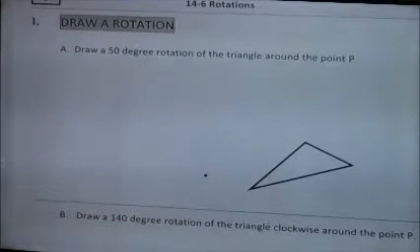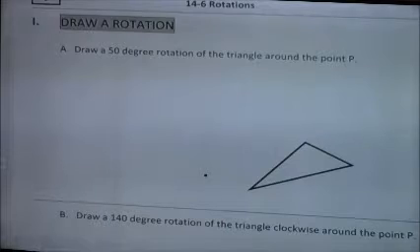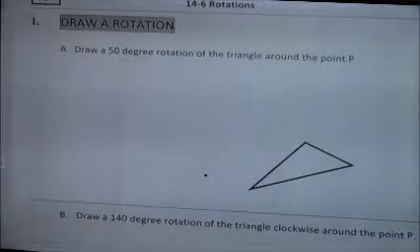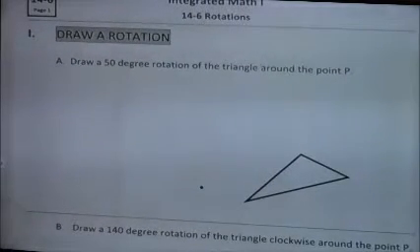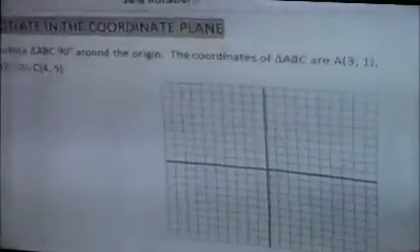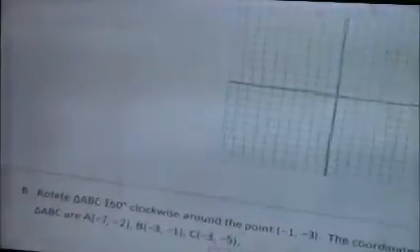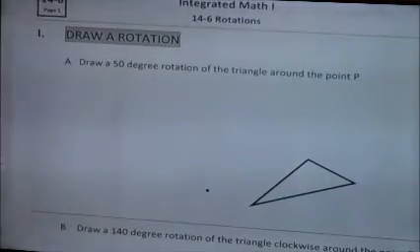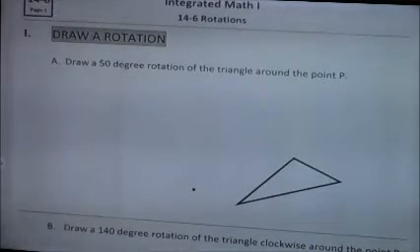So we're going to look at rotations in a couple of ways. As you see from this page, we're going to do a rotation around a point. We're also going to do rotations on graphs around the origin and around other points. So a bunch of things with it like that. Okay. We're going to draw a 50-degree rotation, and I'll model this and show you the best way to